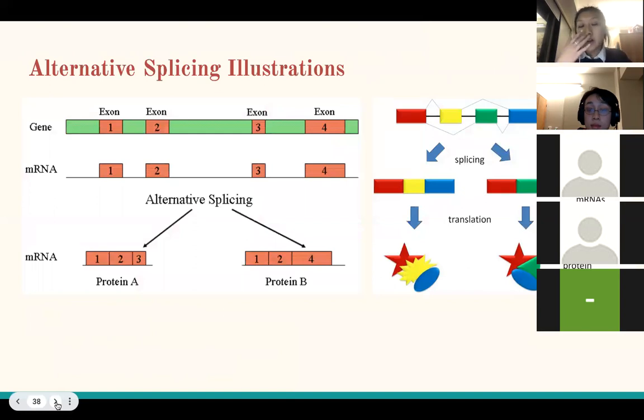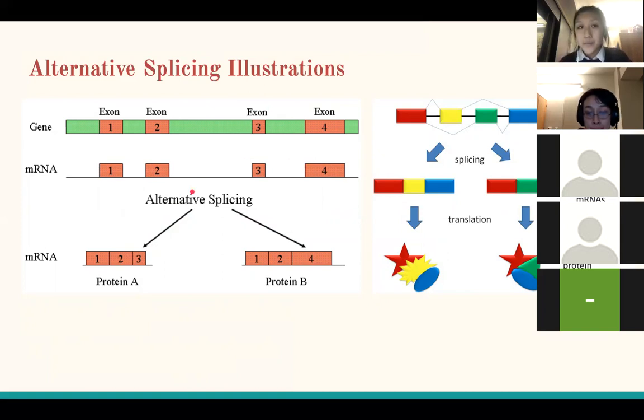Okay, so just to show a little bit more about alternative splicing, for example, you could have 1, 2, 3, 4 exons, take out all of the green parts, those were the introns. You could choose to have 1, 2, and 3 together, or you can choose to have 1, 2, and 4 together. When you took out these green introns, instead of cutting 1, 2, 3, 4 times, you just cut 1, 2, and you take that third exon out with it. So that's just alternative splicing.